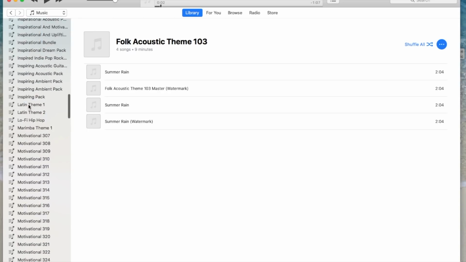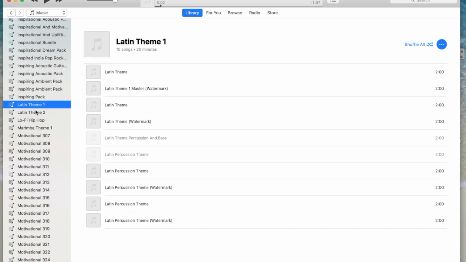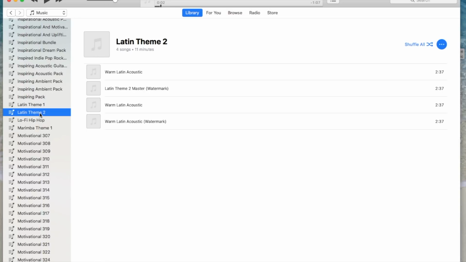Okay, you can see I have a Latin theme number 1, a Latin theme number 2. I don't have much hip hop lo-fi theme. These are just experiments, but it keeps me. And you can see if I'm doing stuff in a particular theme, like a marimba thing,